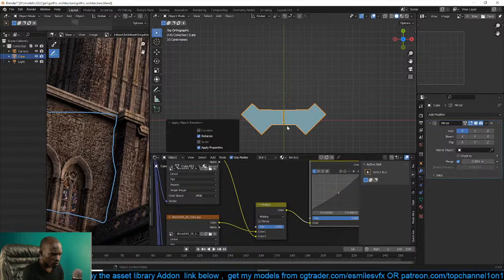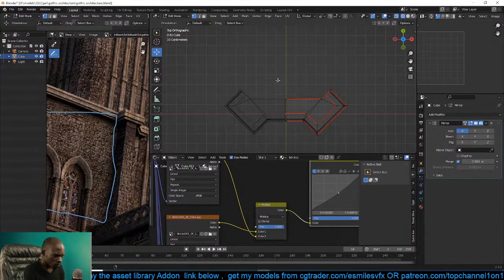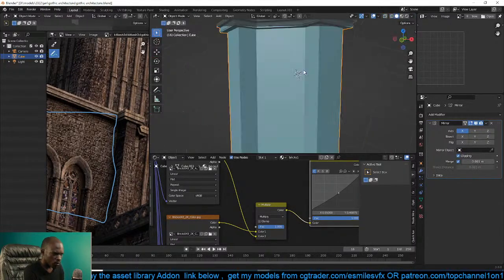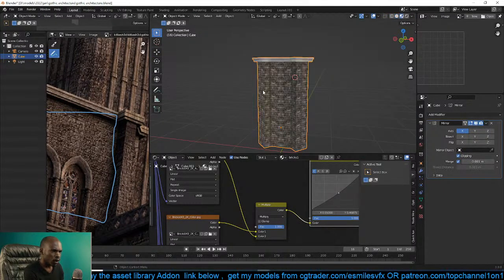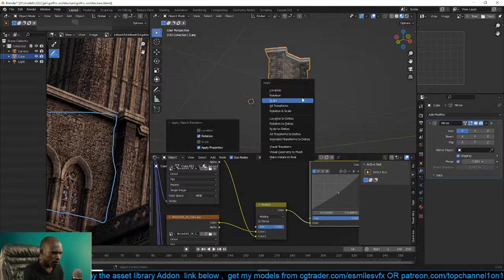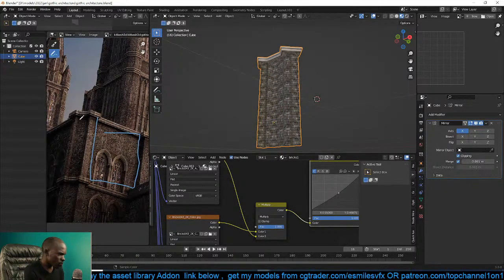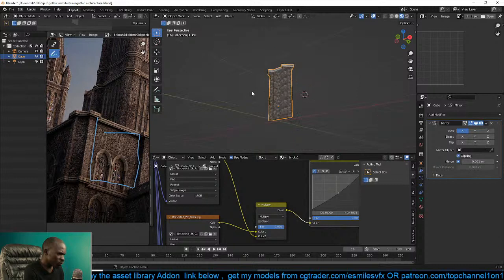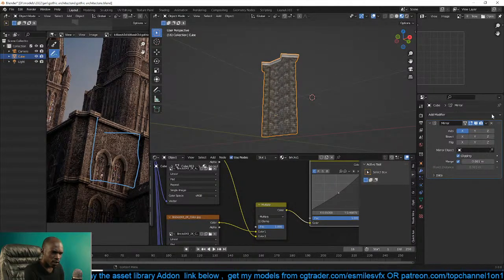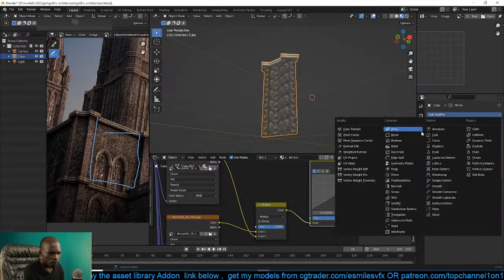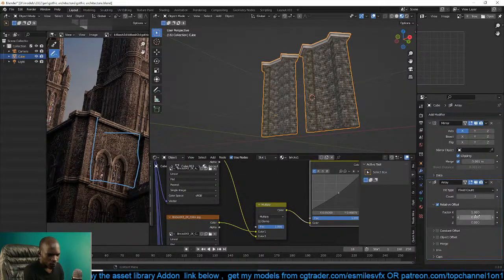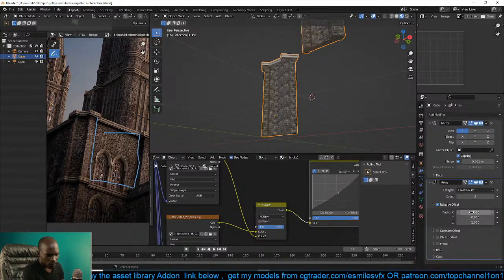apply the rotation, and okay, yeah, so this is it. We have this part here, and we don't need to do the base here because if we added, do I have a modifier, an array modifier here? I should have an array modifier. I don't have it here. Anyway, so if I add an array modifier here in the y-axis,